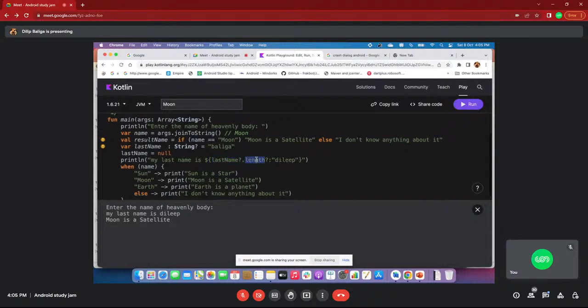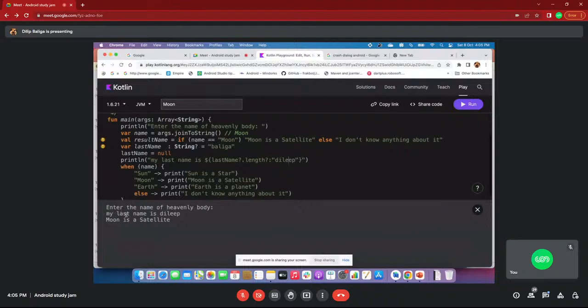Null dot length. The compiler is checking this memory: what value does the last name have? It has null. Then don't execute this length method, meaning don't find the length of this variable or this string. Directly execute this other value, Dilip.